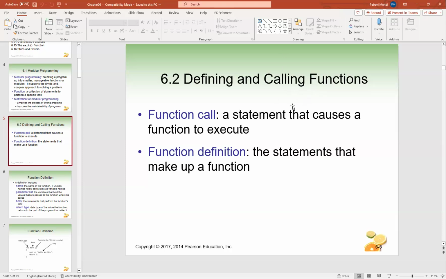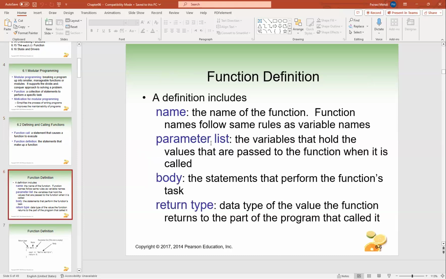When you want to create a function, we have a function definition that includes the name, parameter list, body, and return type. Name is the name of the function. So when you want to give a function a name, you have to follow the naming rules. The parameter list will be the variables that hold the values that are passed to the function when it's called. The body of the function is the statements that perform the function's task. The return type will be the data type of the value the function returns to the part of the program